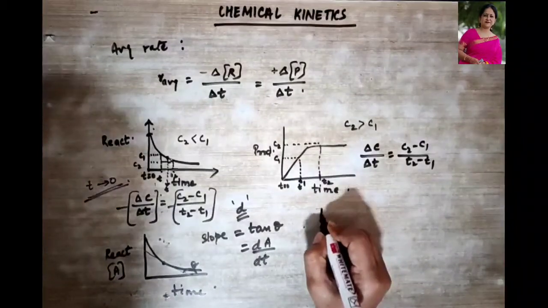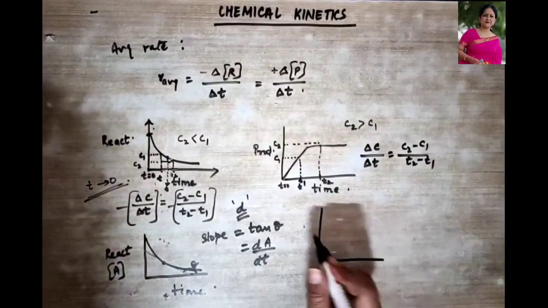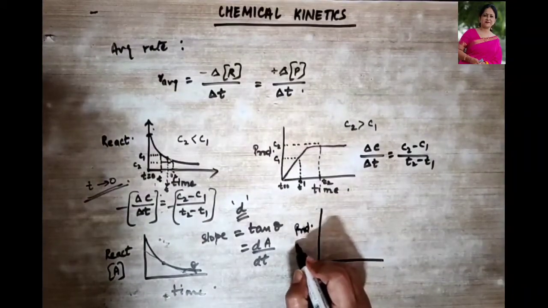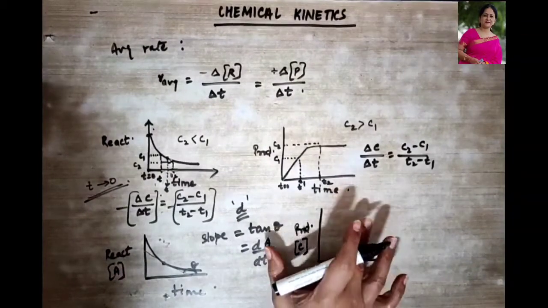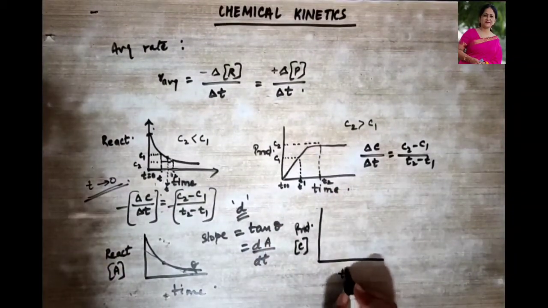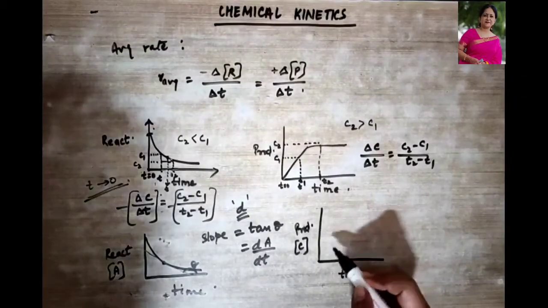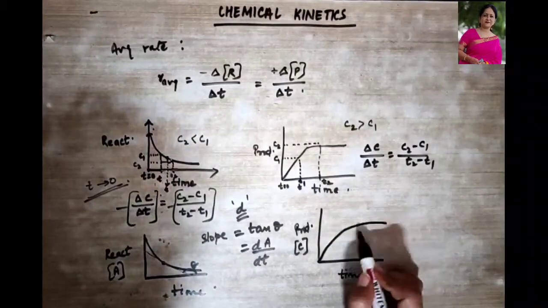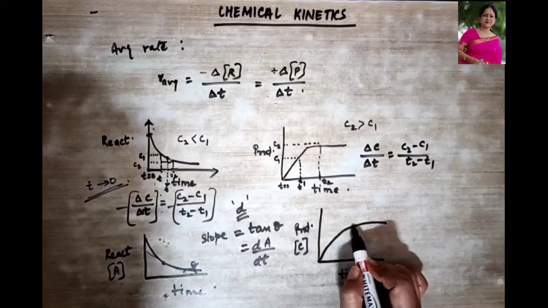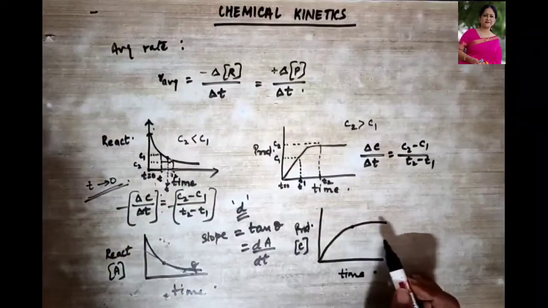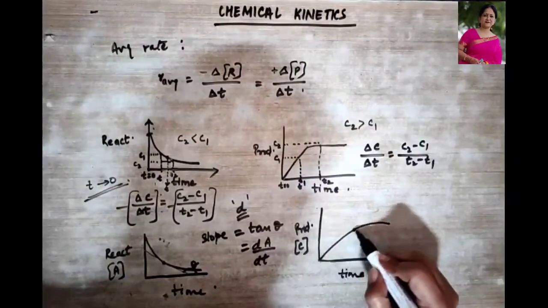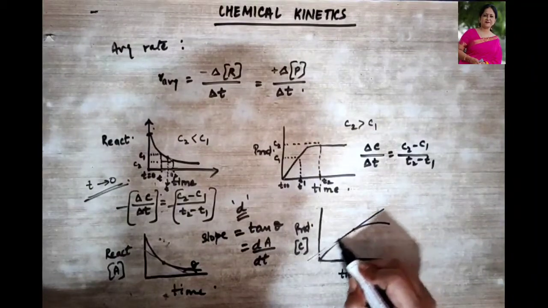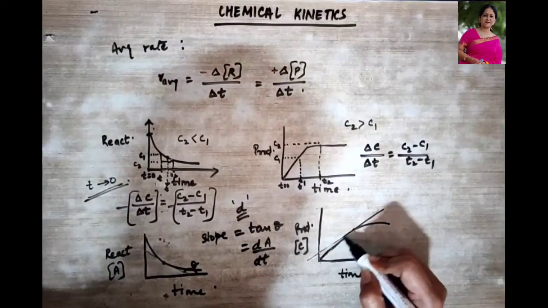Now if we check this graph over here, then this is your product, right? Let your product be C. Then this is your time, and as I said, it increases. Suppose it is showing an increase. Suppose I want to know the instantaneous rate of reaction over here. Let the tangent pass from here. So my tangent, if it passes from here, will be somewhat like this.